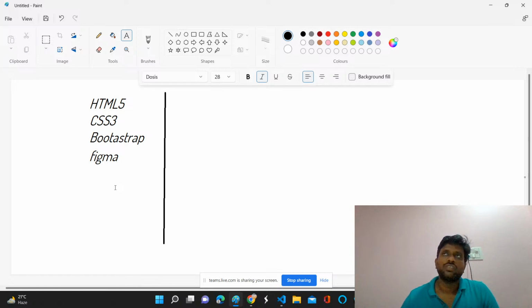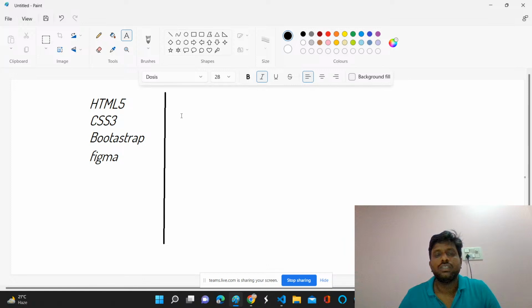Just try to learn how to design at least a button, or a simple small div with some image. That is enough, and you should understand how to use Figma. That is enough before joining a job. After that you will automatically learn it. So you should put more effort on CSS and